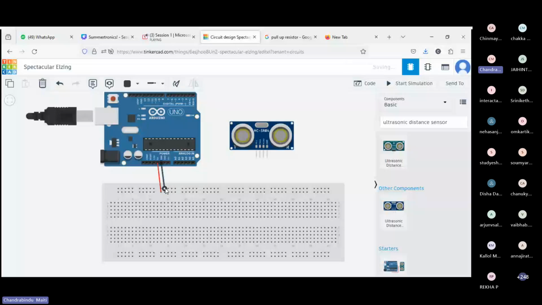Connect the ground pin of the Arduino with the negative pole. Then connect the VCC of the ultrasonic sensor with the positive of the breadboard, and the ground pin with the ground. Now there is this trigger pin and the echo pin. Connect the trigger pin with the four,